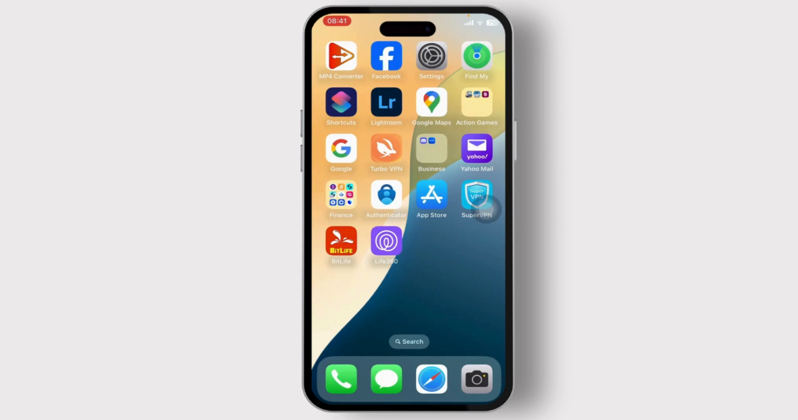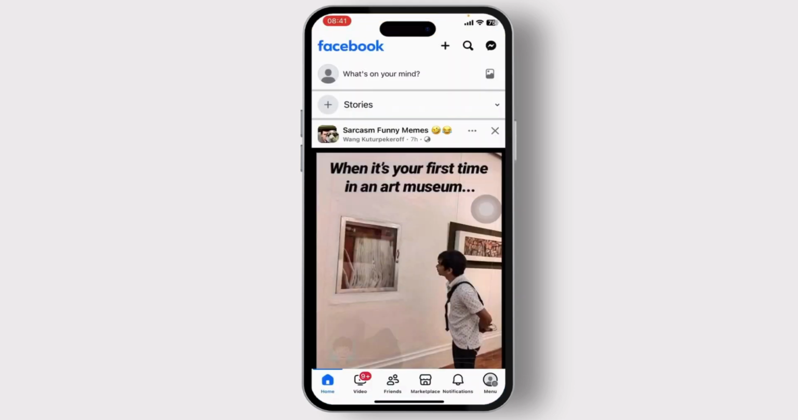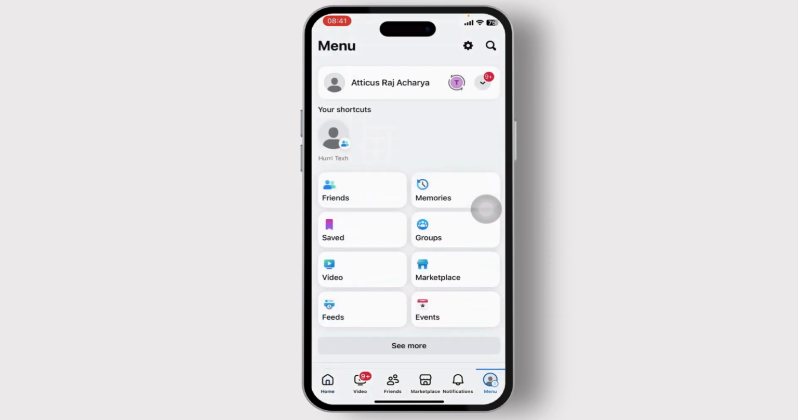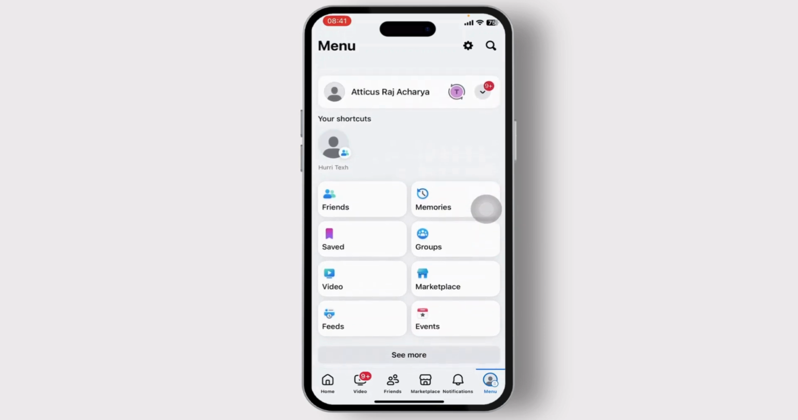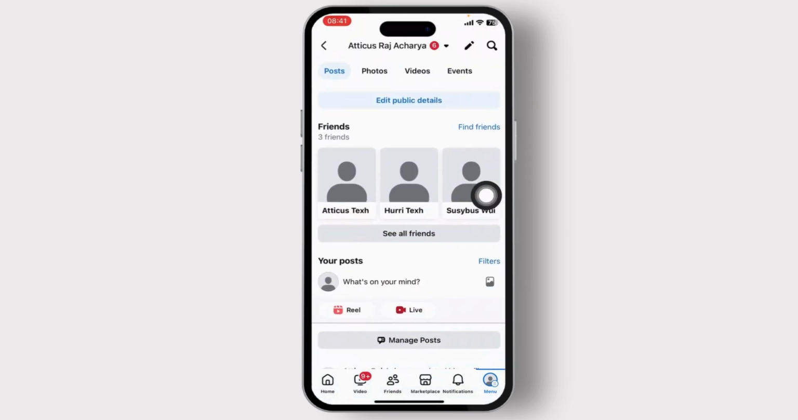So let us begin. So the first step here is open up your Facebook. Make sure that you're logged in into your account. After you've done that, you can then head over to the menu icon on the bottom right. After you're on your menu, what you'll then need to do is tap on your profile, or you can simply tap on friends here. But I'll head over to my profile first, scroll down, and there you'll see all friends